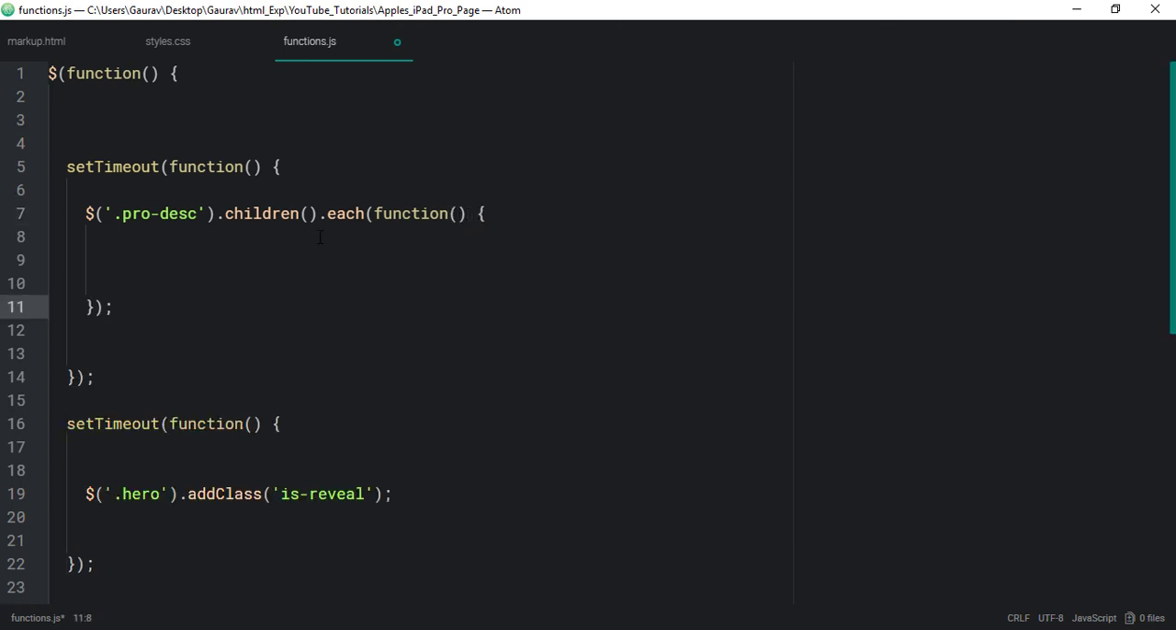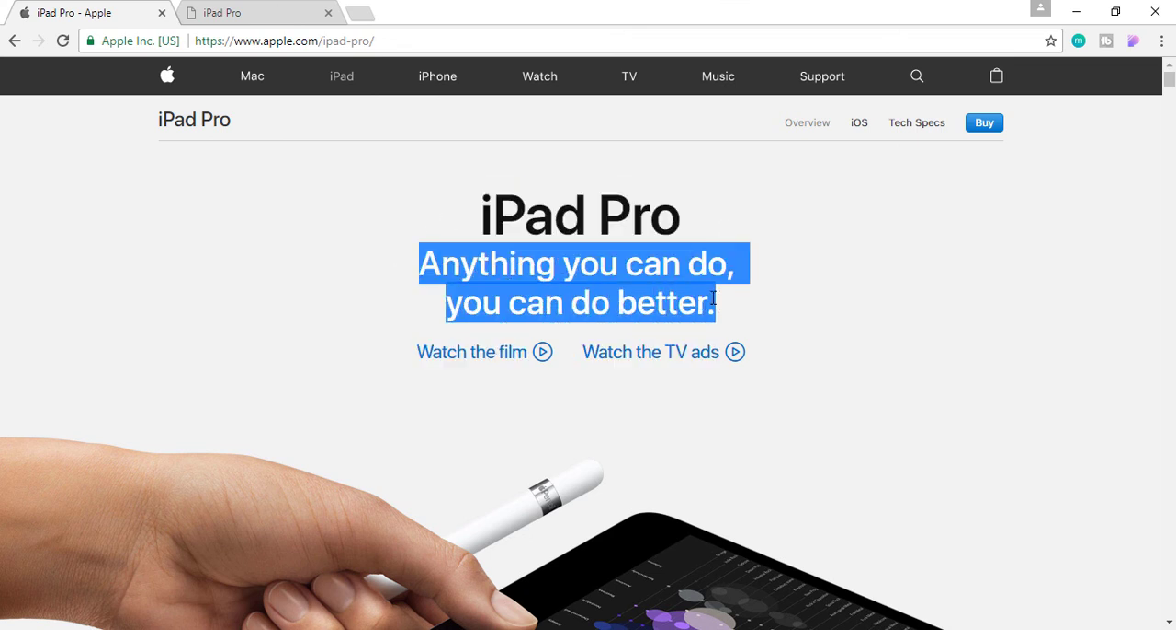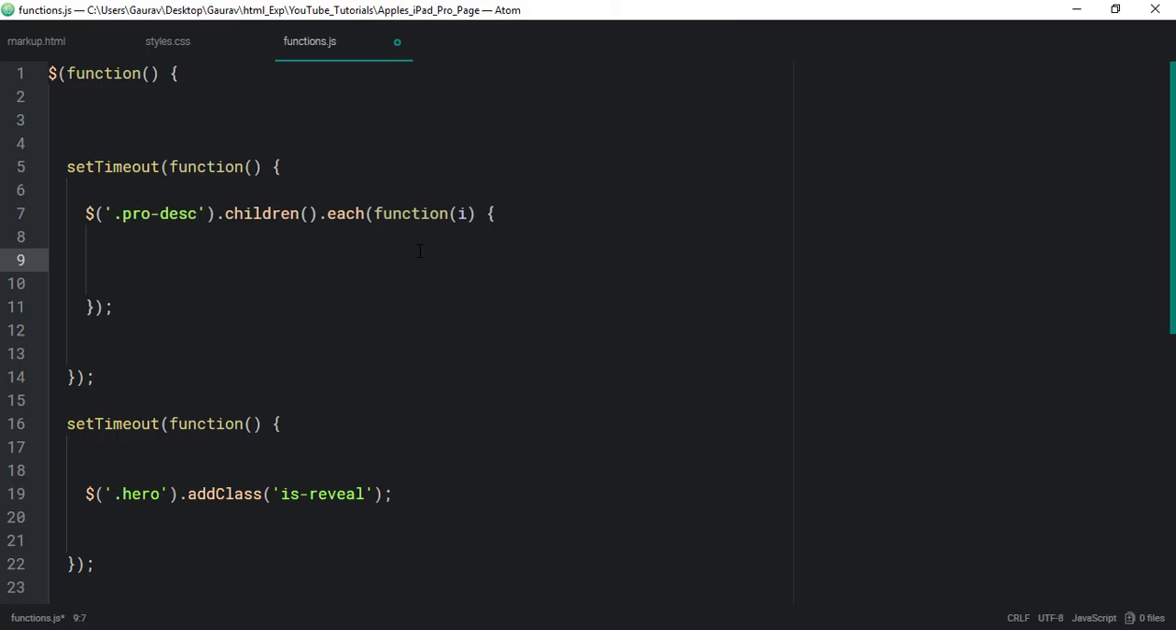So what the each function is going to do is, whatever we write in this function, it is going to iterate, it is going to repeat on each of them. Okay, and it has its index counter as well. So first it is going to select this product name, after that it is going to do the same things to the tagline and then the video. Okay, so we need to set another setTimeout function. So let's set that,